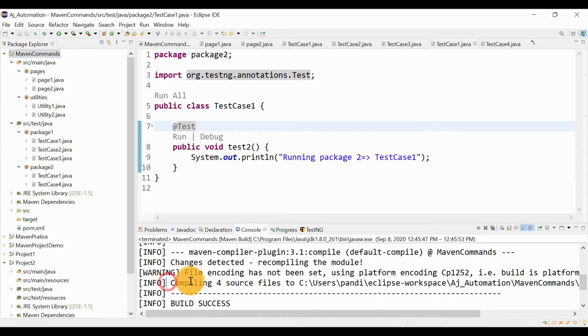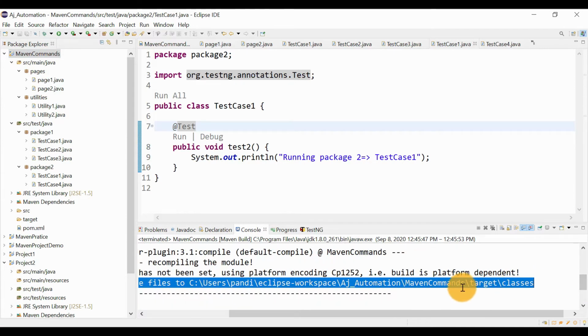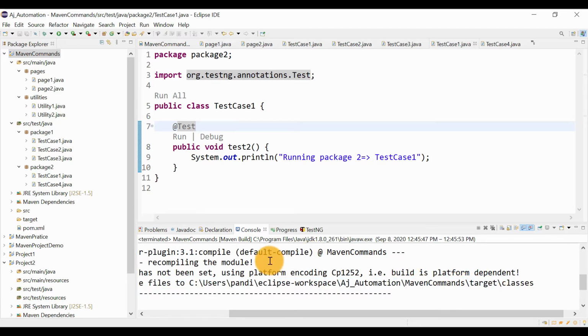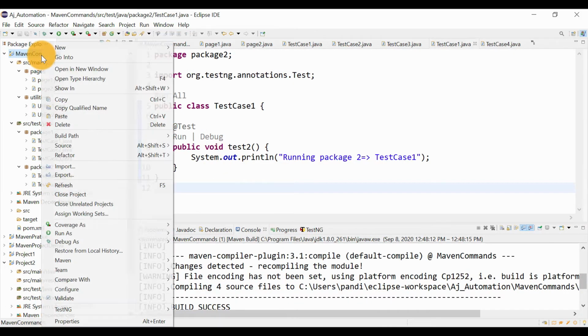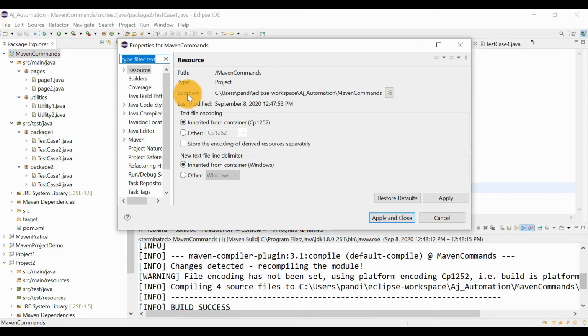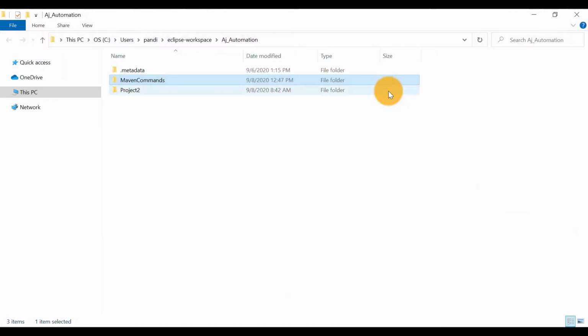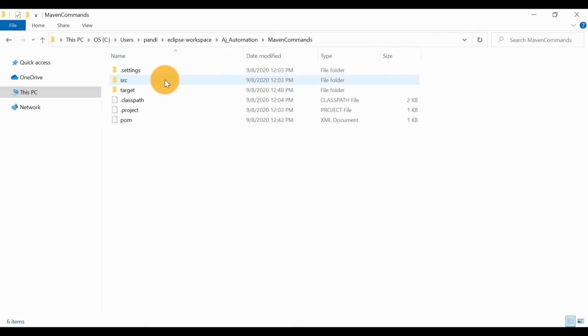Okay, it is showing compiling 4 source files to the target location. Okay, so if you want to check it on the local machine, go to properties, and here is the location where your project is available. Just click on that arrow. Okay, so open your project.